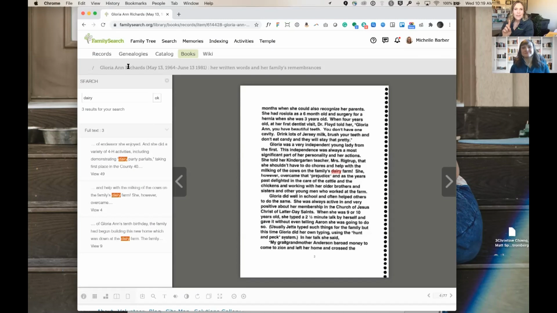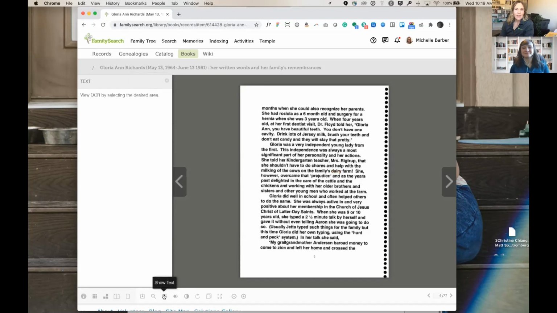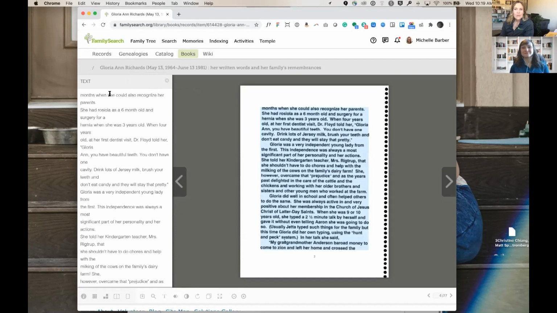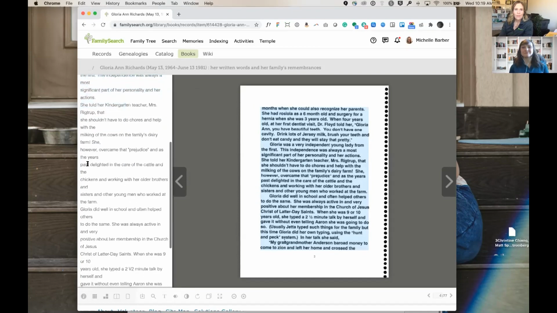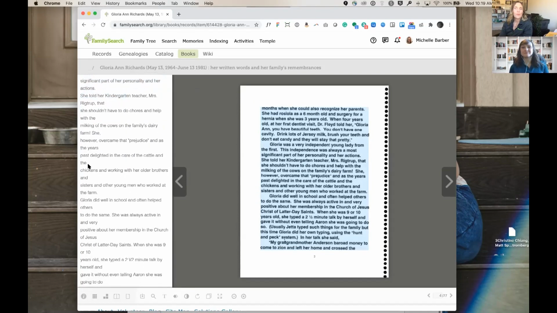And then this other tip that's so fun, you can come down and press this T icon at the bottom, and it's going to use this technology that Catherine talked about, where it actually reads all of the text on this page and types it out over here, so that I can come in and say, hey, I found that really awesome story about Gloria, and maybe it's her birthday, and I want to highlight a story about her birthday. I don't have to take a screenshot or retype it all out. I can just come in